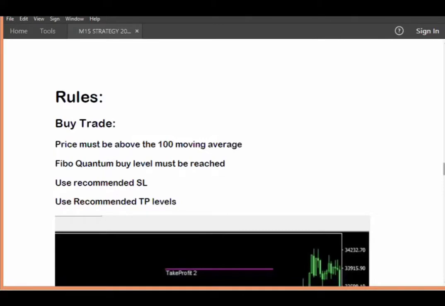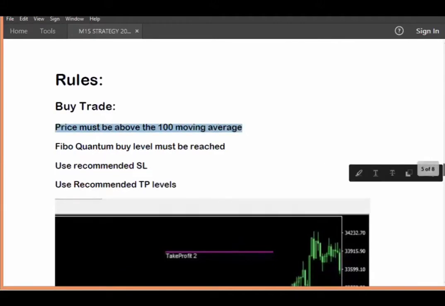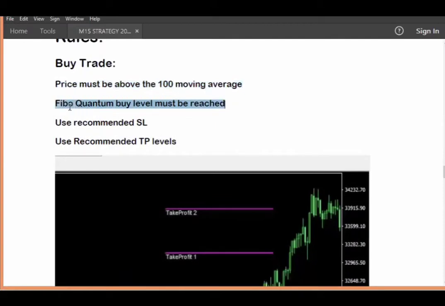So anyway, guys, you know there's two scenarios when it comes to trading. You buy when you think the market is going to rise, and you sell when you think the market is going to drop. Now I want to show you the rules for a buy trade. First of all, the price must be above the 100-period moving average. And then the buy price level must be reached